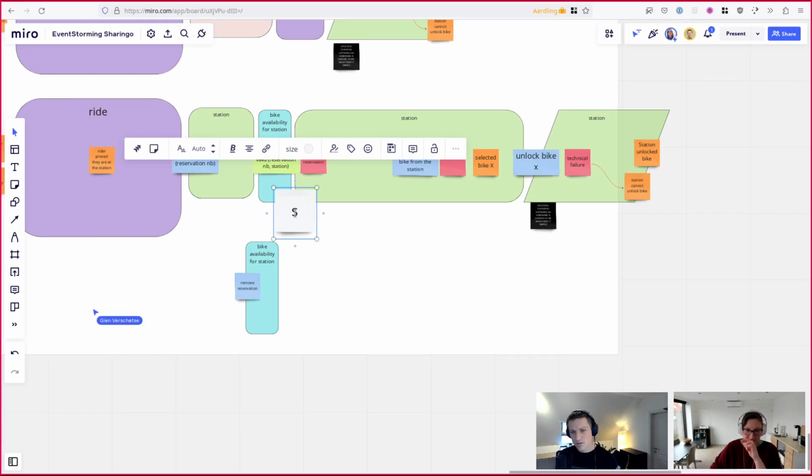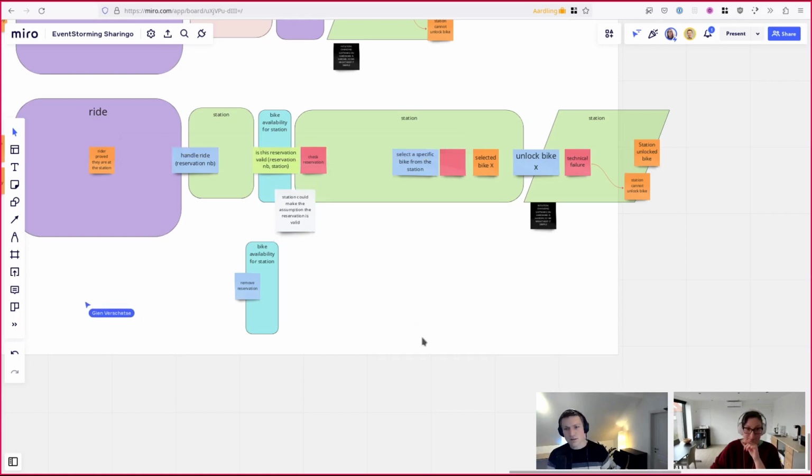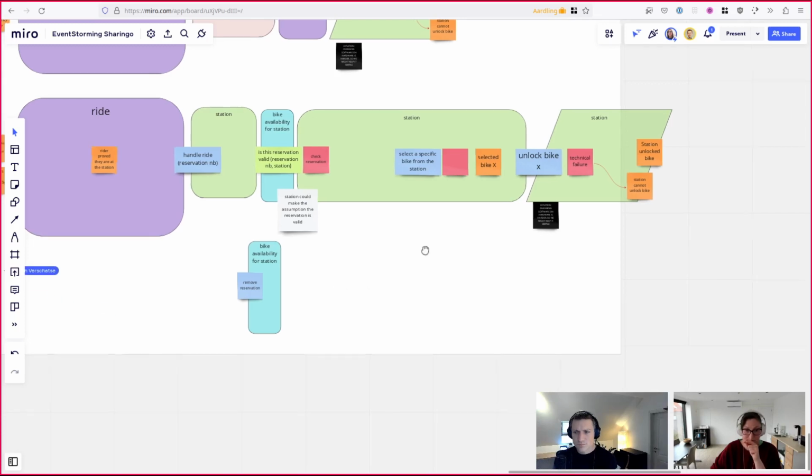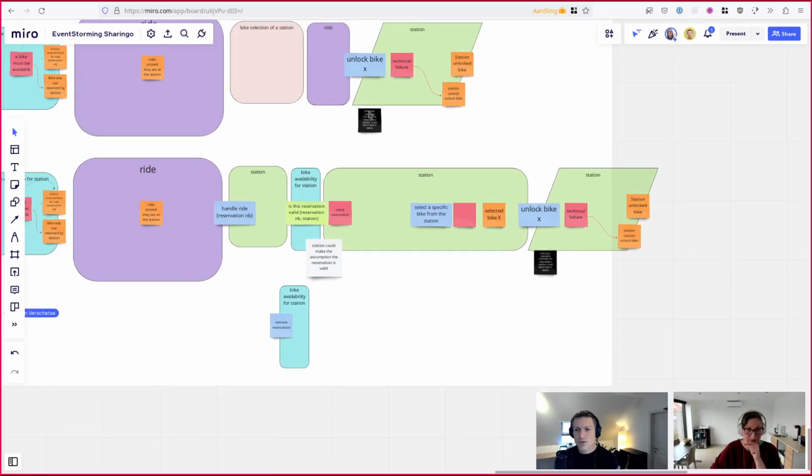Station would make the assumption the reservation is valid, because it received it from right, not from some untrustworthy source. Okay, but so if we have this,